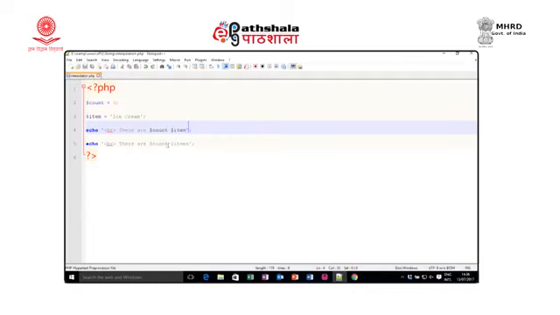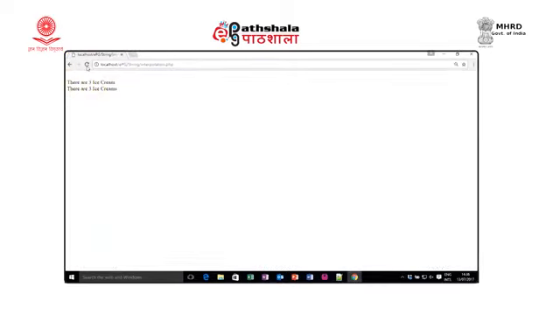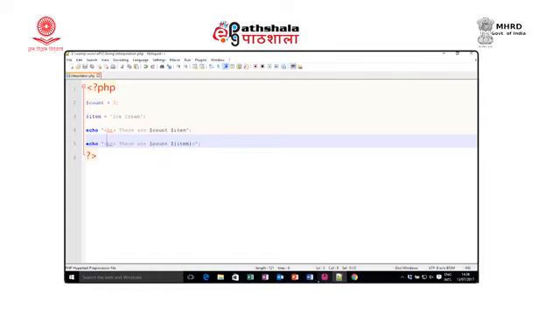Now, if I want to write there are 3 ice creams, I can use curly braces immediately after the dollar and then close them, and I will write it in double quotes. So, now it will display there are 3 ice creams. Let me close the br tag, save this one and execute it. So, now it displays there are 3 ice creams. So, this is interpolation that you can use, meaning a number or whatever you write will be converted into a string.